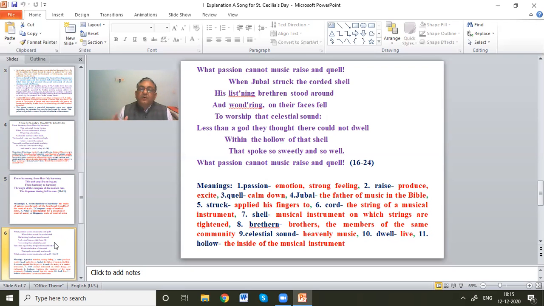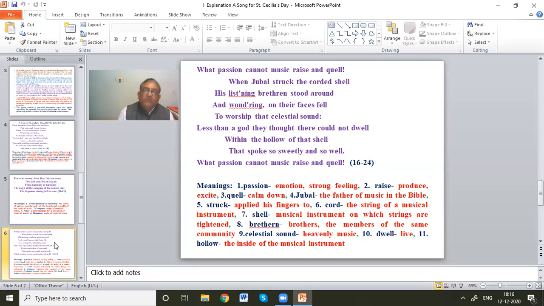The music produced by Jubal was very sweet and heavenly, and the members of the community were impressed, and in order to give respect, they prostrated on the earth. Less than a god they thought could not dwell there. They thought that there is certainly a God living within the hollow of that musical instrument, who spoke so sweetly and so well, in such a beautiful and impressive manner. They were 100% sure that it is some God living in that hollow portion of the instrument who was singing. So in order to worship that God, they lay down on the earth and started worshipping that